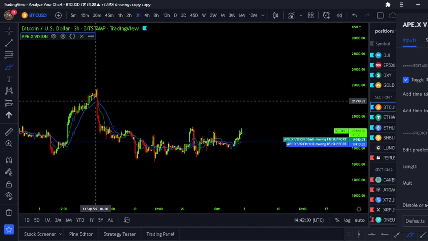Like, for the example right here, if you had this cross take place and it bent up, then the price action goes up. It just depends what's happening in the market. So whenever a cross takes place, something significant in the price action will take place. Either a bigger dump or a bigger pump. Now